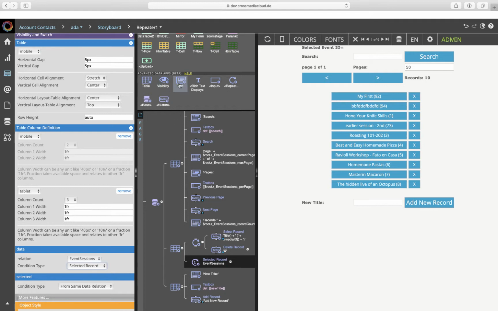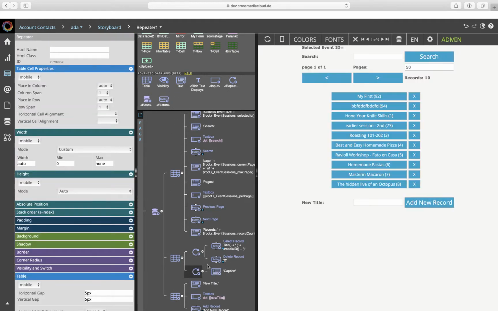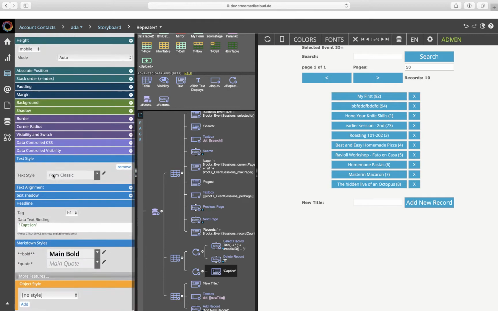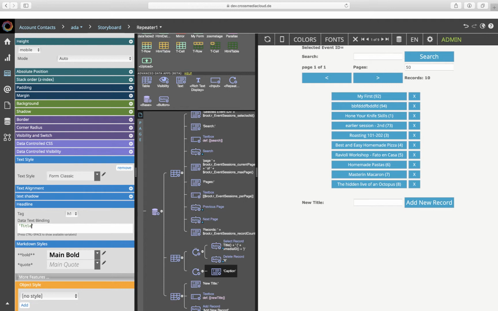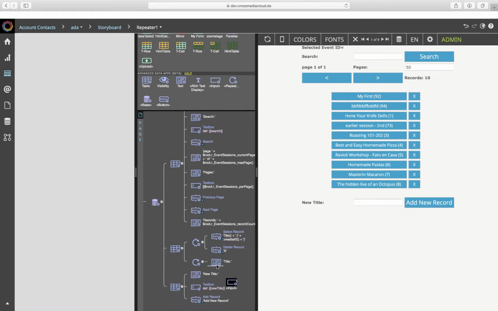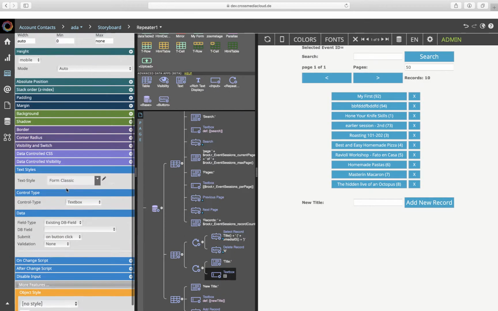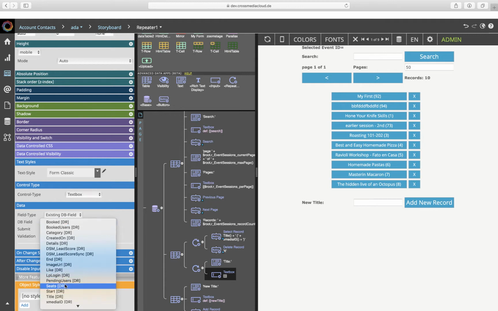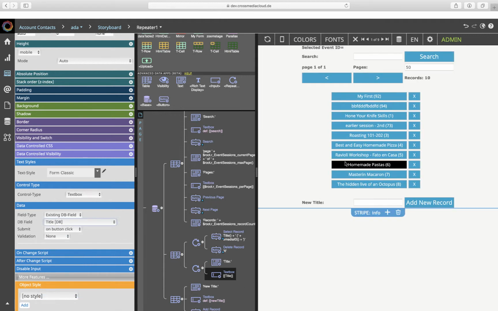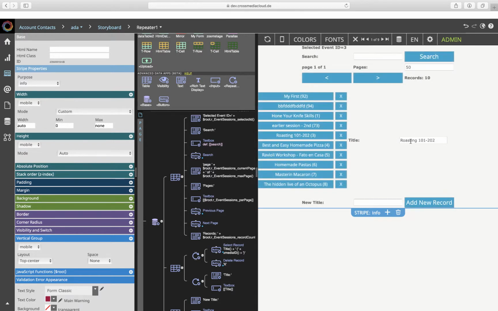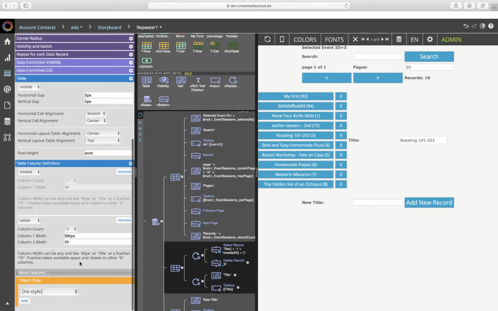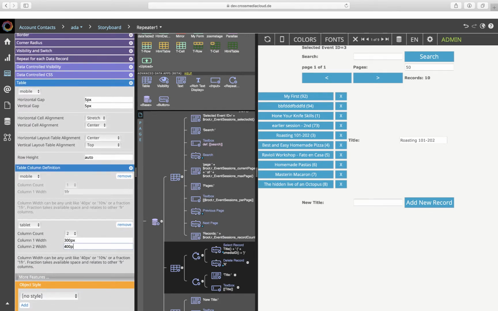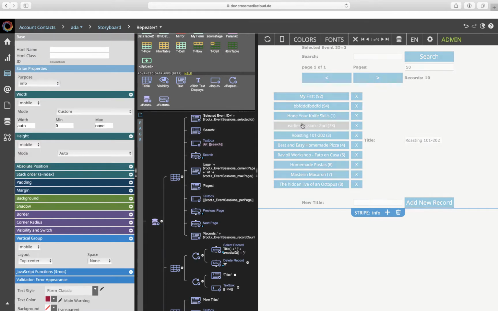So let me put the caption in here, and the caption should be, let's say, title, so we see what we have selected. Then we add another input field in here, and the input field should be related to the title of our events data relation. So whenever I click something, it will actually pop up here. So make the layout a little bit more stable, I will go for fixed sizes here, so we can actually click on something and we see the title,